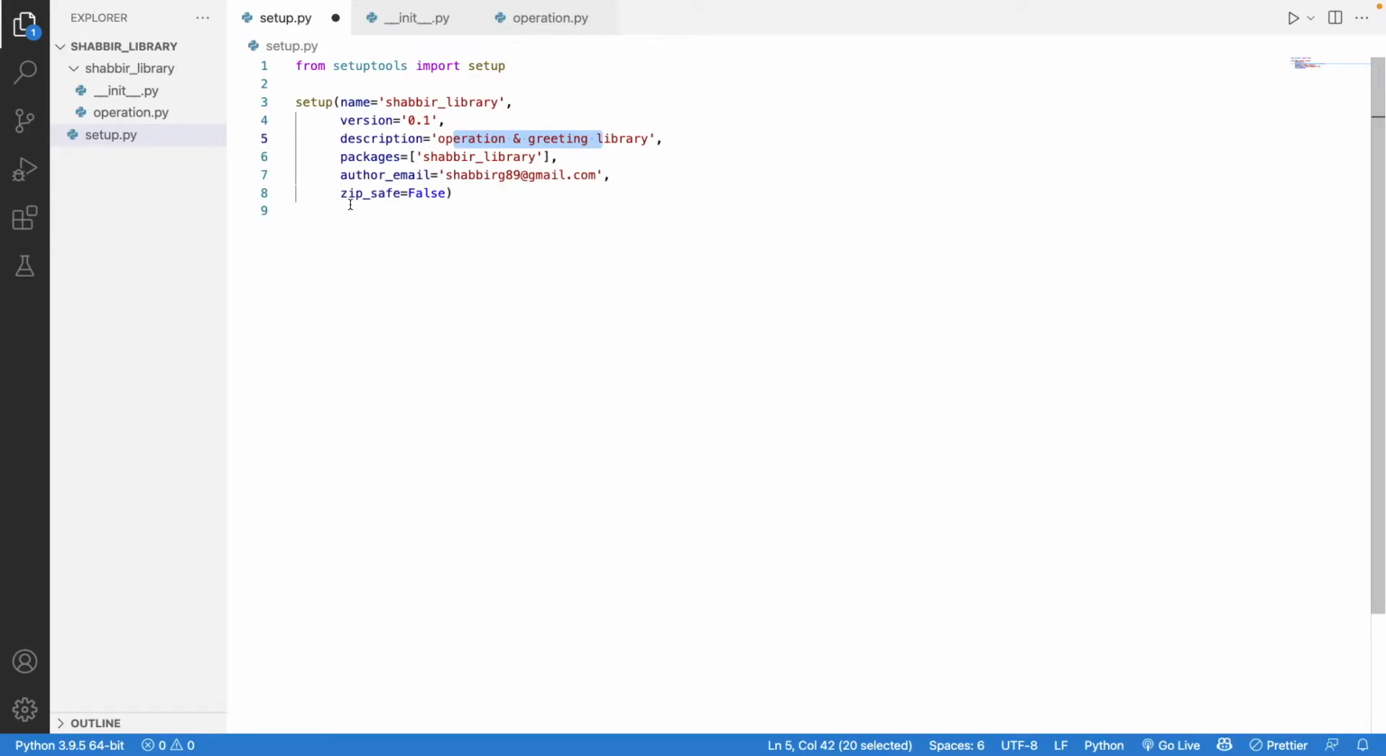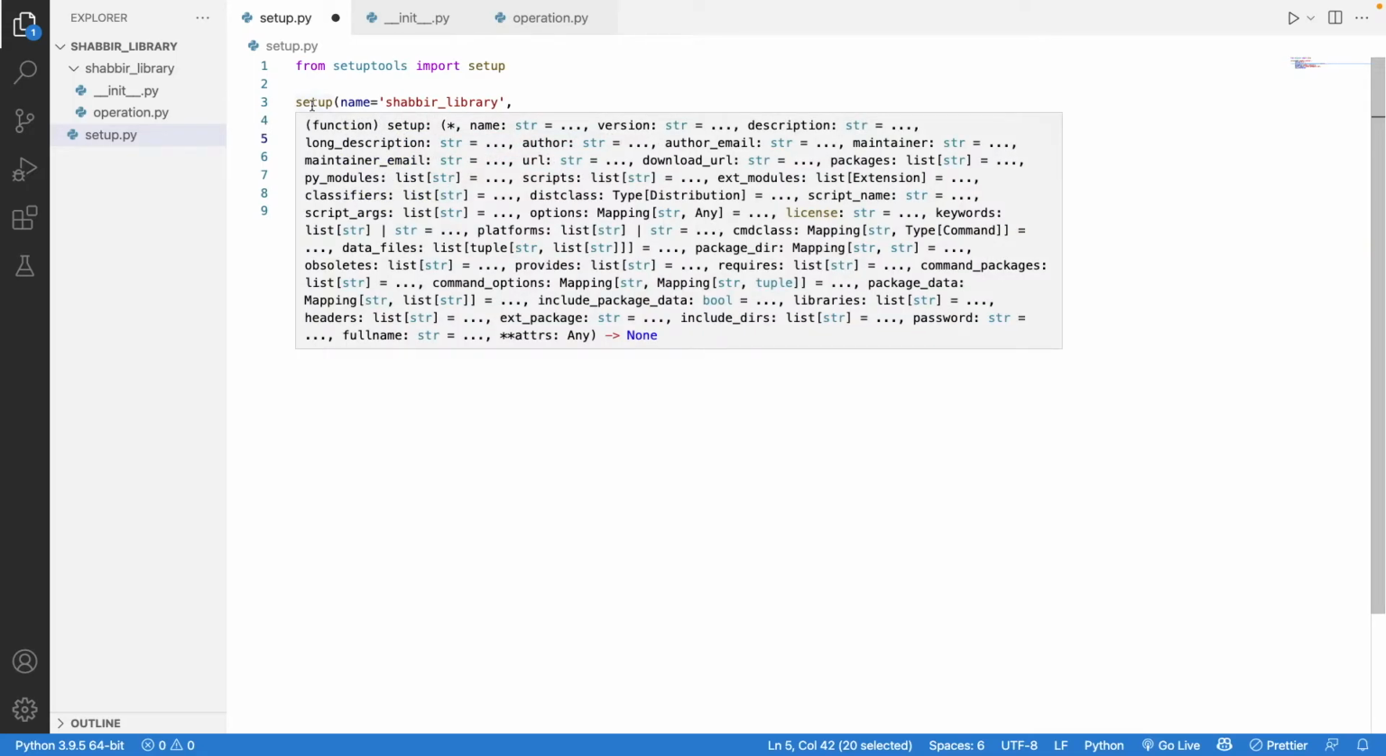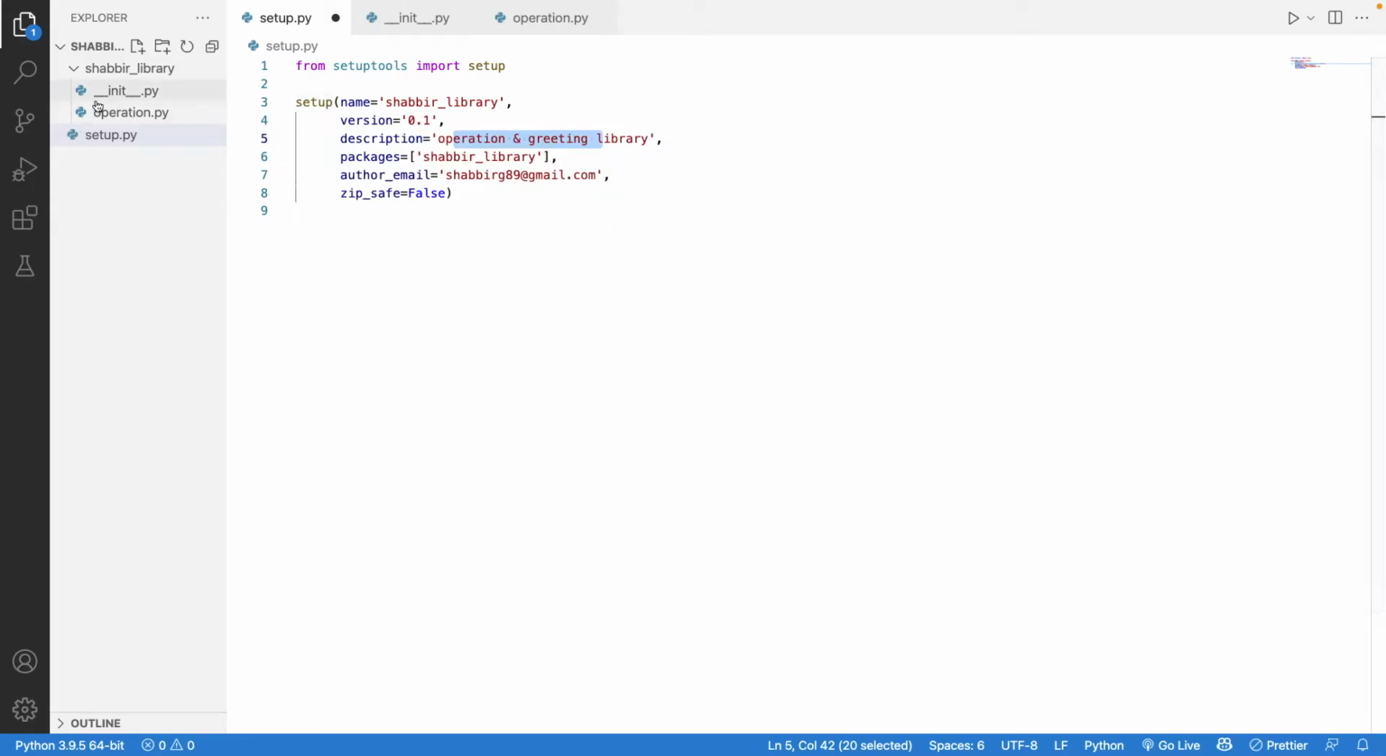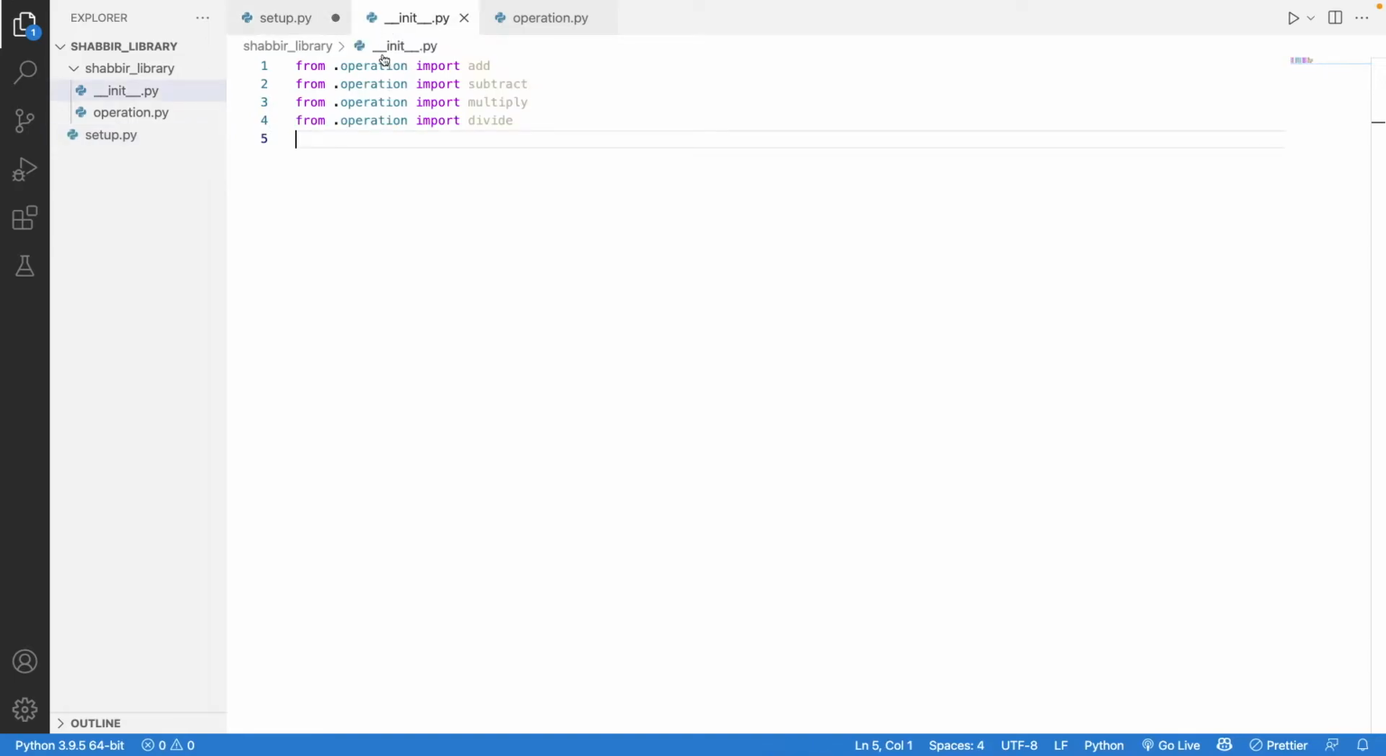There are other things also that you can include in the setup file. For example, the tags are there. You can go into the details of setup also. Now the next file that you will be needing in this folder is called init.py. What this init.py does is that from the other Python file, called operations, that I have in this folder,